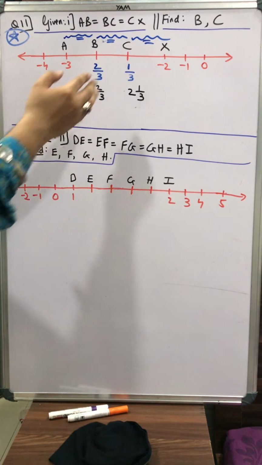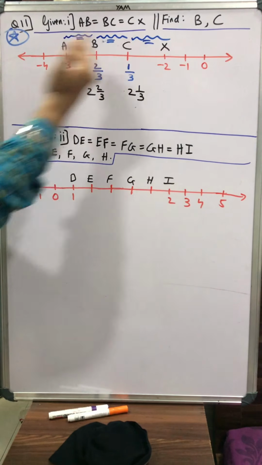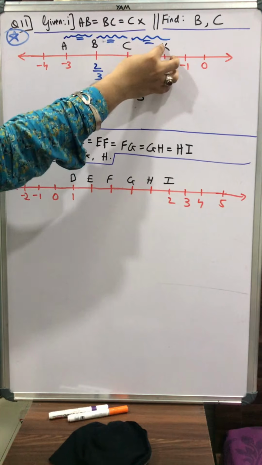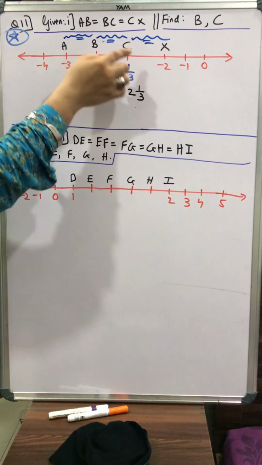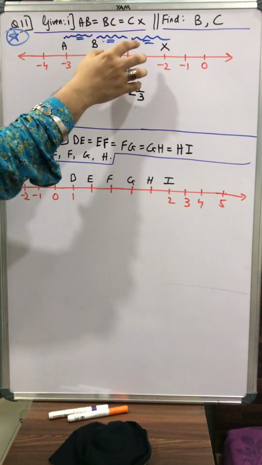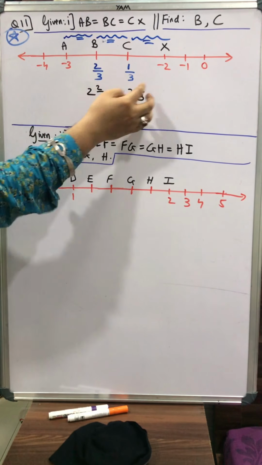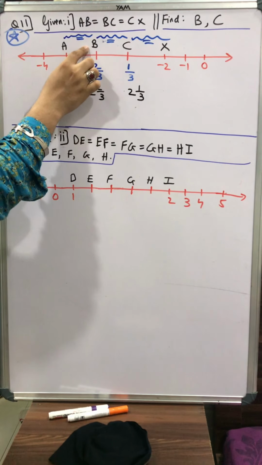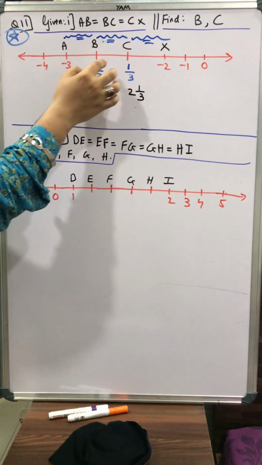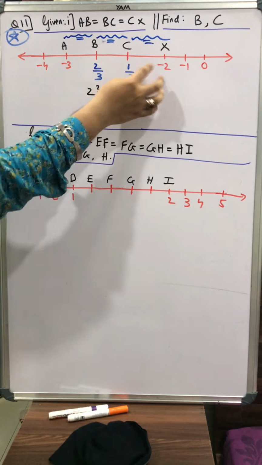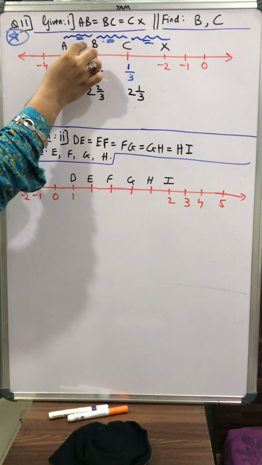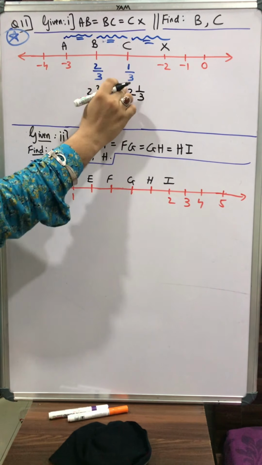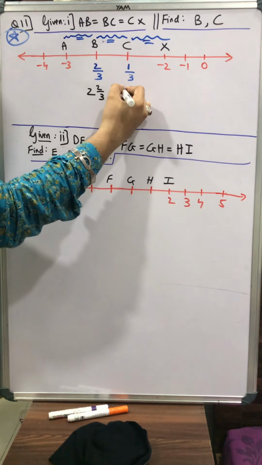Once again I explain to you, don't see the minus sign. Why did minus come? Because it is to the left of 0, forget the minus. Here we have 2. 2 is the value of x. How to reach C? To reach C, we have to add an extra part. How much extra do we have to add? 1 upon 3. So 2 and an additional 1 upon 3. To reach point B, 2 was still here. How many parts did we add? We added 2 upon 3 parts. So 2 with an extra 2 upon 3 we added, then only we reach B. Okay, and because we are on the left hand side, to indicate that we are on the left hand side, we apply minus.